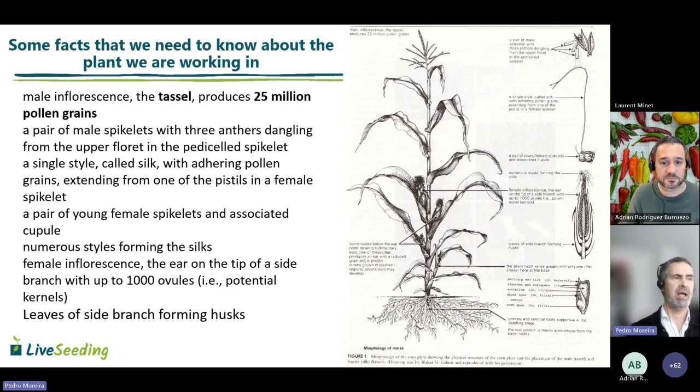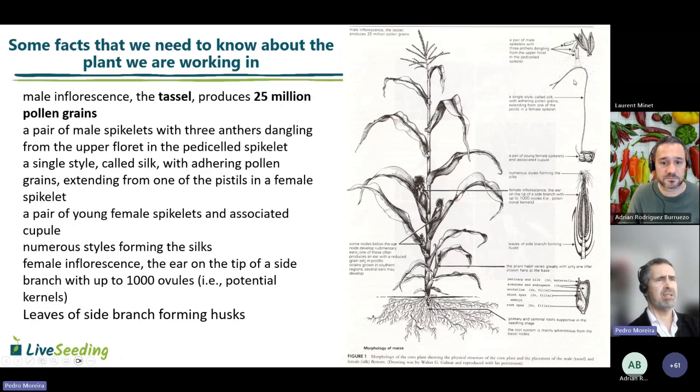And in this case of maize, we are very lucky, at least for doing the crosses and all the information, because it's a big plant and it has separated male and female parts. So it's really interesting for some works. I don't know if you know that the tassel produces around 25 million pollen grains. An ear can have 1,000 ovules, the potential kernels, and